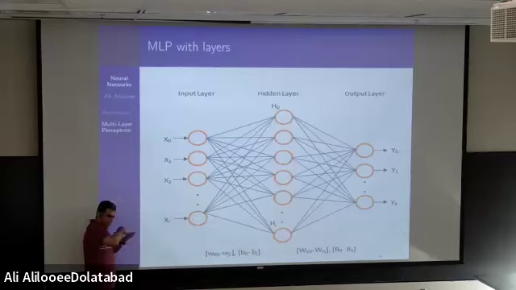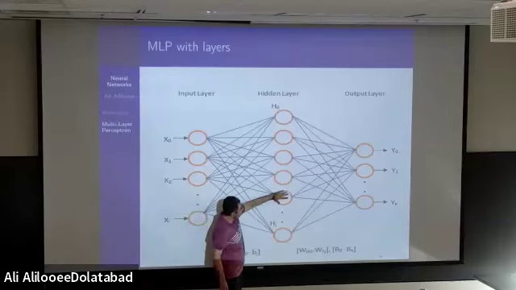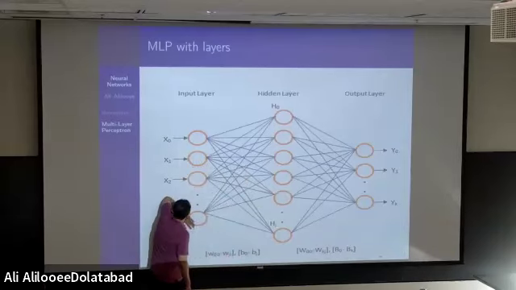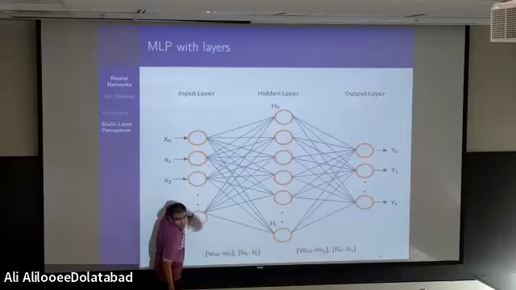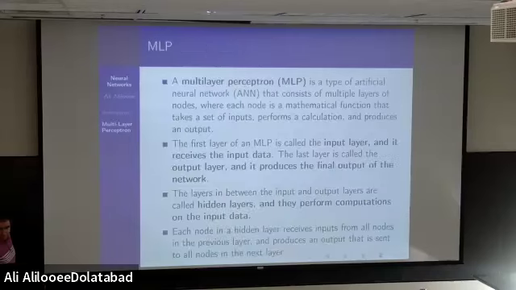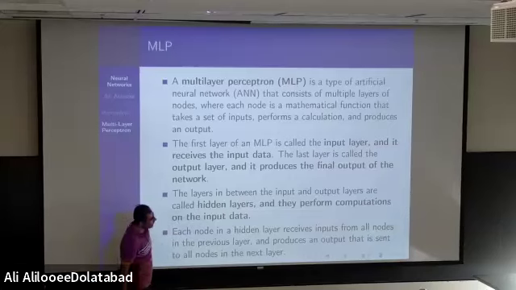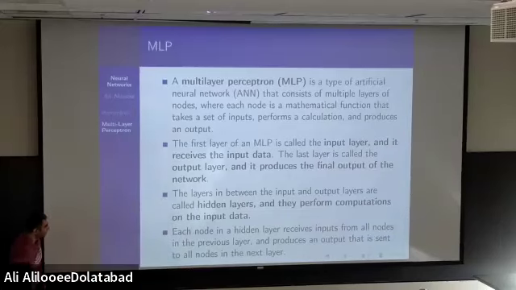Then a little bit beyond the border of this class, okay? But I just want to tell you what people do, and something that we do here. When we say fully connected, it means that every neuron that you consider in the hidden layer will receive information from all neurons from the previous layer. That's the reason that these models that we are learning are called fully connected. Therefore, each node in the hidden layer receives input from all nodes in the previous layer.